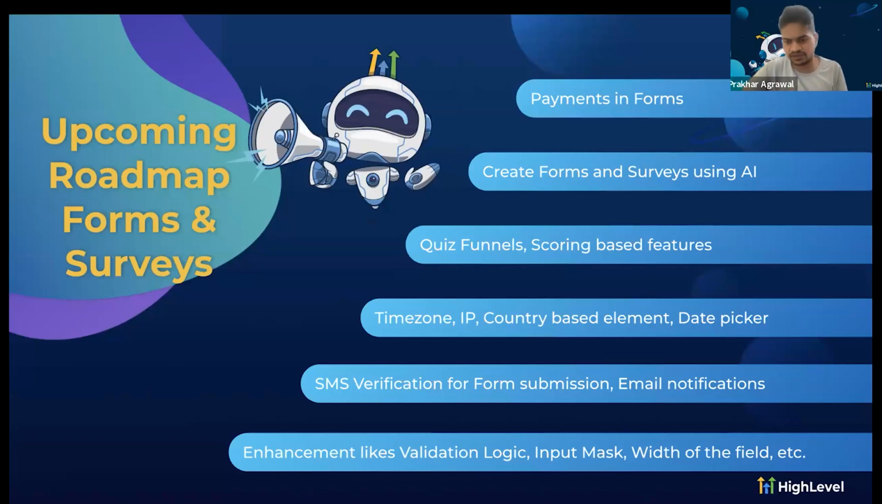Also, to improve the quality of your leads, there will be some kind of SMS verification during form submission, which people have to enter so that you get quality leads. These kinds of things are also going to come. And there will be a lot of enhancements like validation logic and input mask, so whatever you can do with a really good form builder, you'll be able to do here. I think these are the things here. And cool, I think with this,